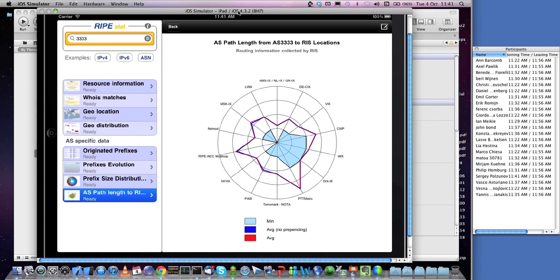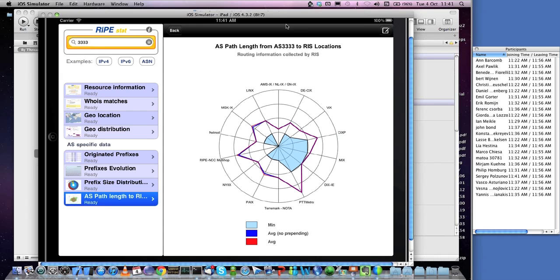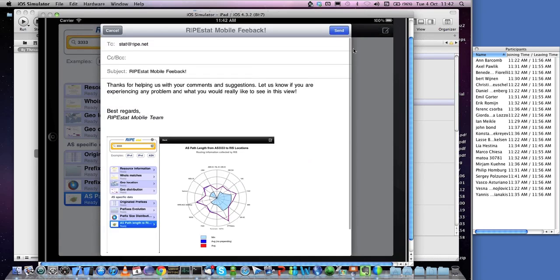We have also to mention that this is actually not the current version of the application, because we are always adding features. For example, you can see that we now have this black bar on top of the chart, so that you can press this button, and what happens is that we will have screenshots of what you are looking at, so that you can eventually send us your comments, your ideas about this plugin, or you can just change the default receiver and just send this chart and your comment to your colleagues or whoever you want.